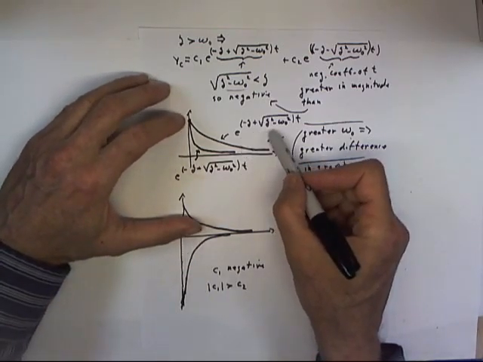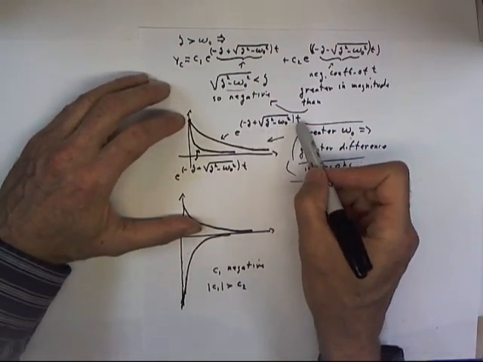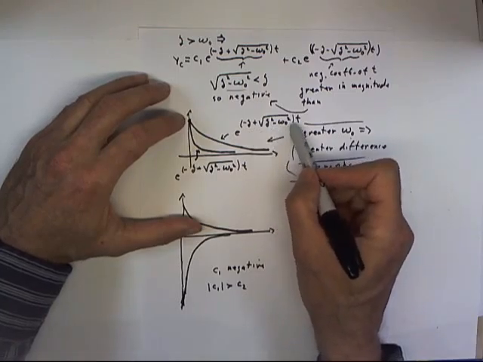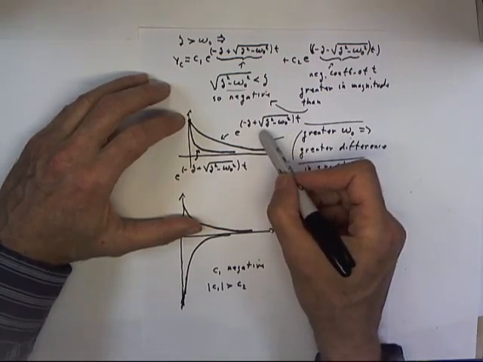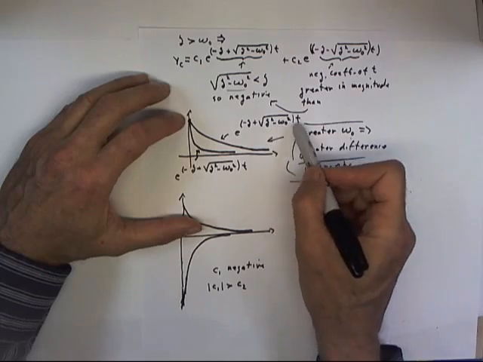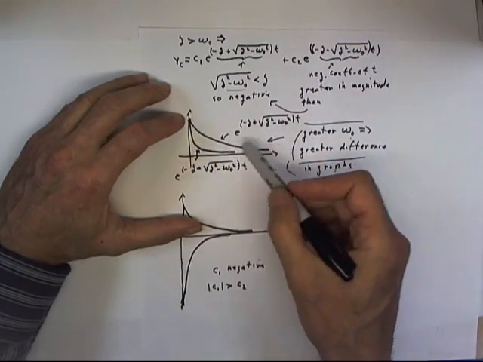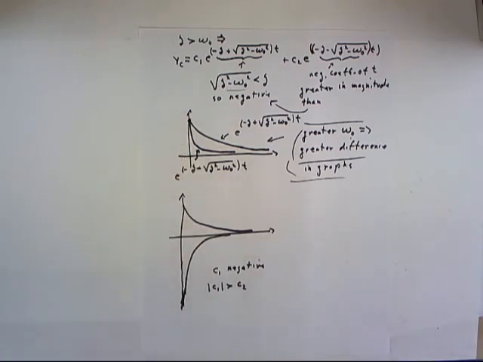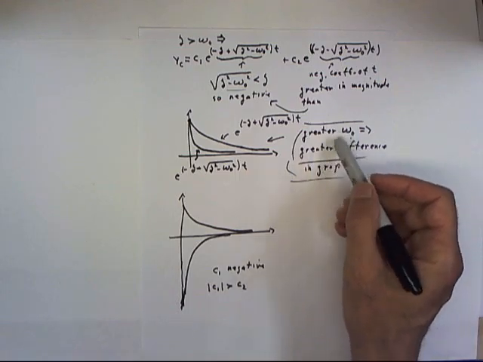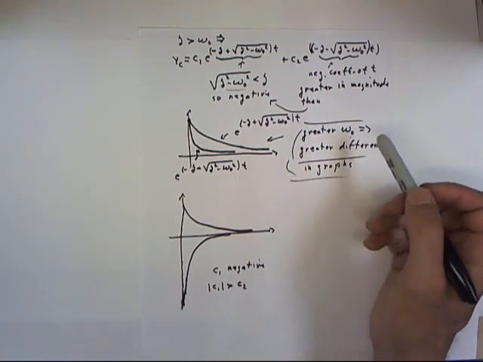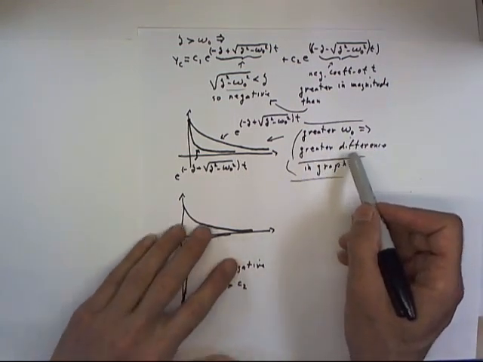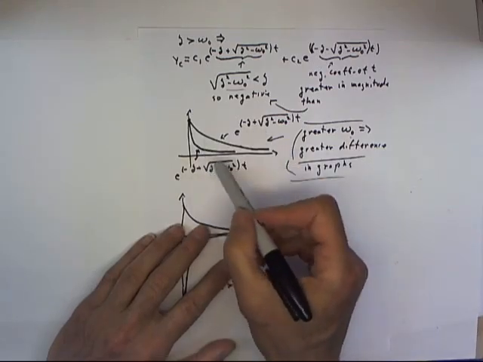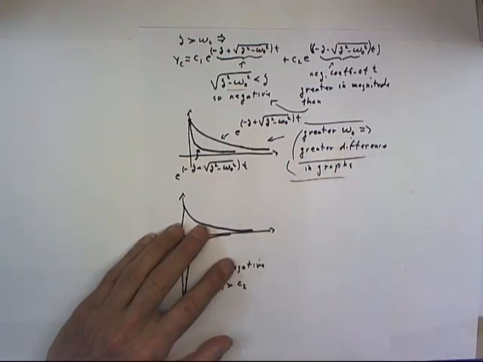And the one with the lesser negative coefficient of t, in other words, negative coefficient of lesser magnitude, is going to decrease less rapidly. Also, we can note that the greater the value of omega naught, the greater the difference between these two coefficients, because the greater,